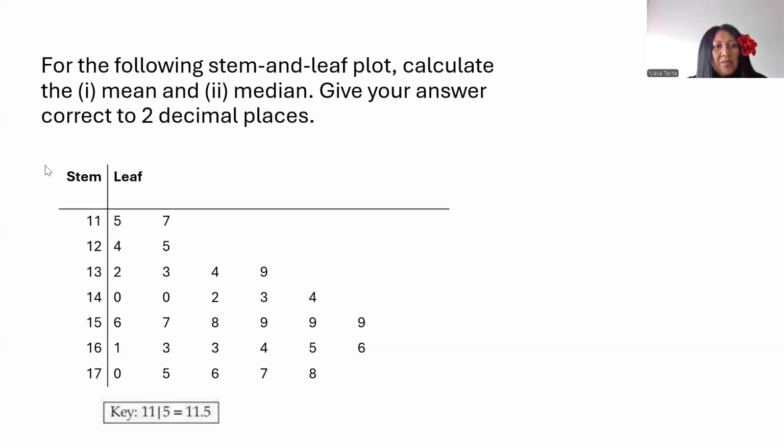So basically, if we were to write this data, this would look like this. The raw data: we look at the key, and the key here says that 11/5 is equal to 11.5. So therefore, the raw data would have been 11.5, 11.7, 12.4, 12.5, 13.2,